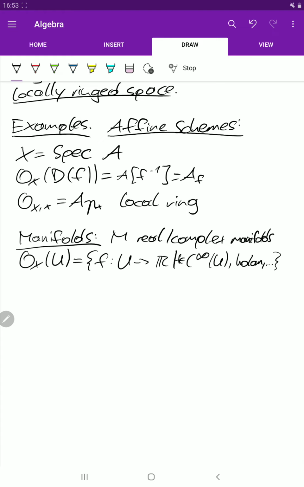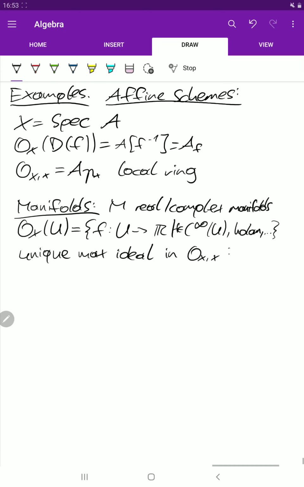And now we have to check that this gives us, so that's obviously a ringed space, and it's actually also a locally ringed space. So I'll leave the details to you, but we have to check that the stalks have a unique maximal ideal, so that it's a local ring. And what is this?